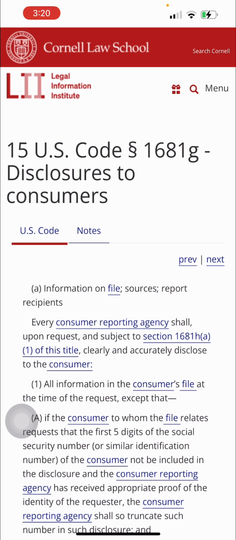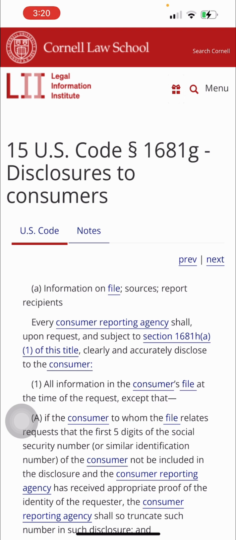Now, you can request a description of the investigation procedure. The law says you can request how they are going about their investigation. A lot of us don't know that, and we don't ask for that information, but you can request that. So if they're saying that the information is verified, you can say, hey, I need you to reinvestigate these accounts.